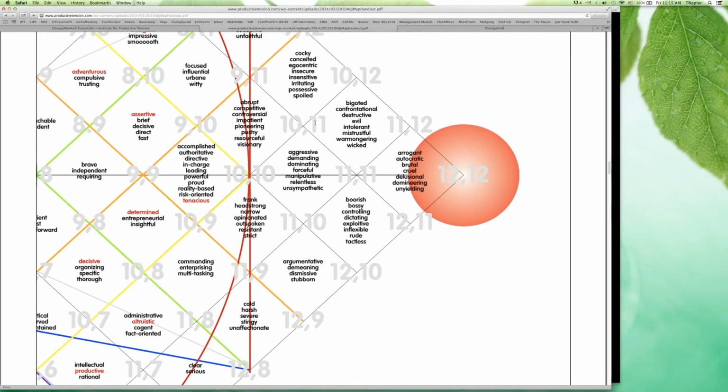All right, so we've just zoomed in. We are looking at the driven driver subquadrant, and there's coordinates 10, 10. And again, Stephen has activity number 14 dealing with difficult prospects plotting right there. So how it works is you go to the coordinate pair, and then you read the adjectives that are surrounding those coordinates. Now, as you read those adjectives, you're going to feel that some of them apply, some of them resonate, and others don't. The ones that do are the ones that we want you to focus on.